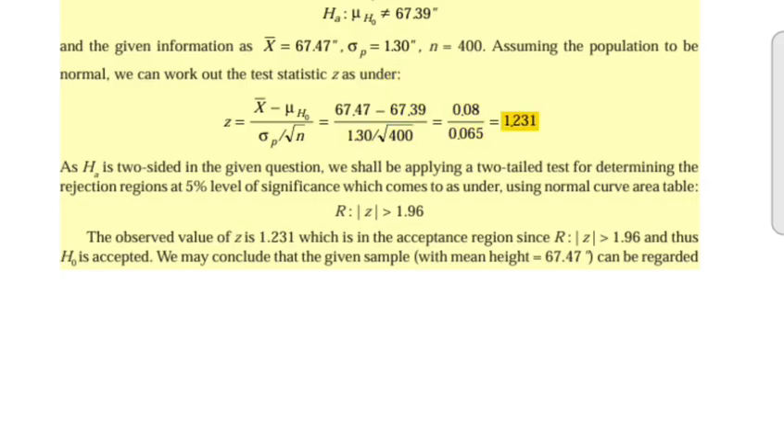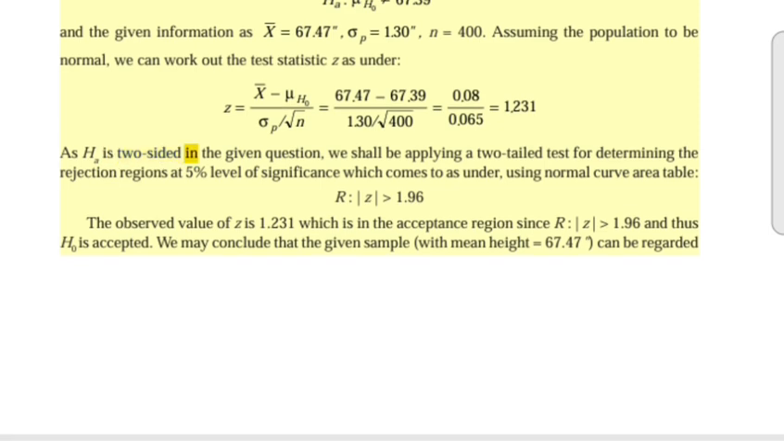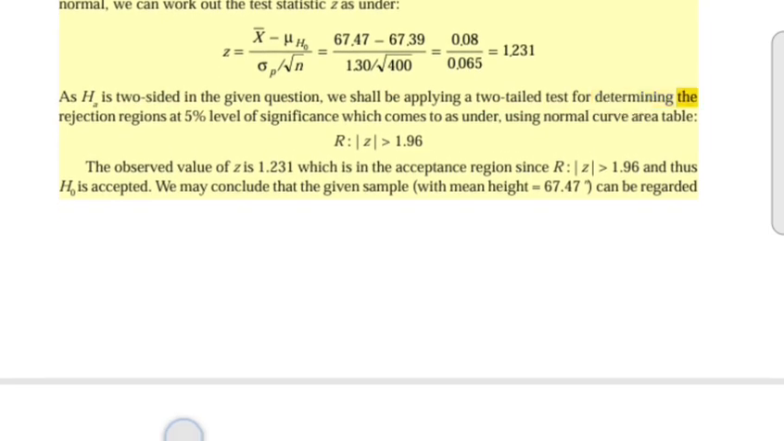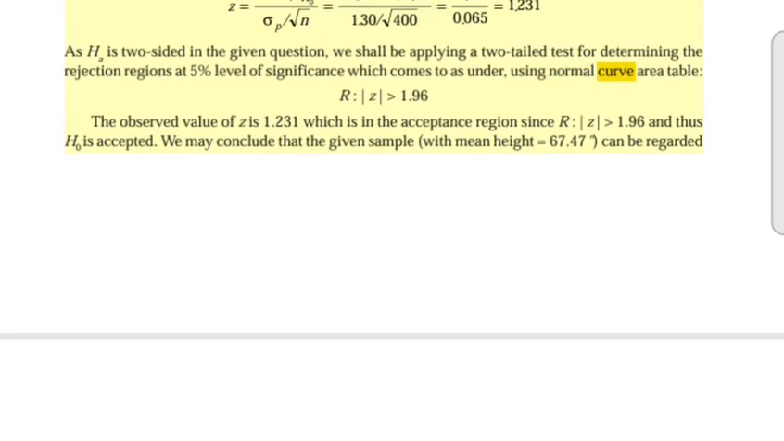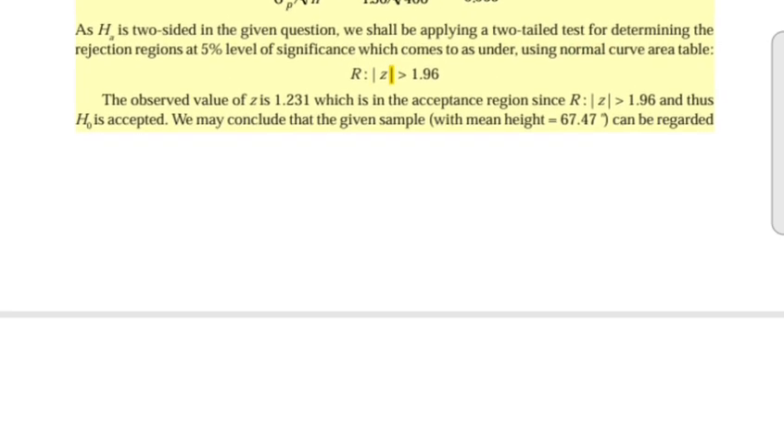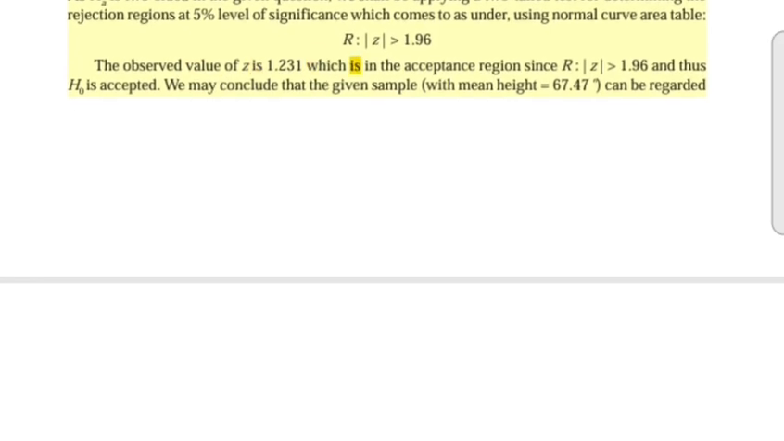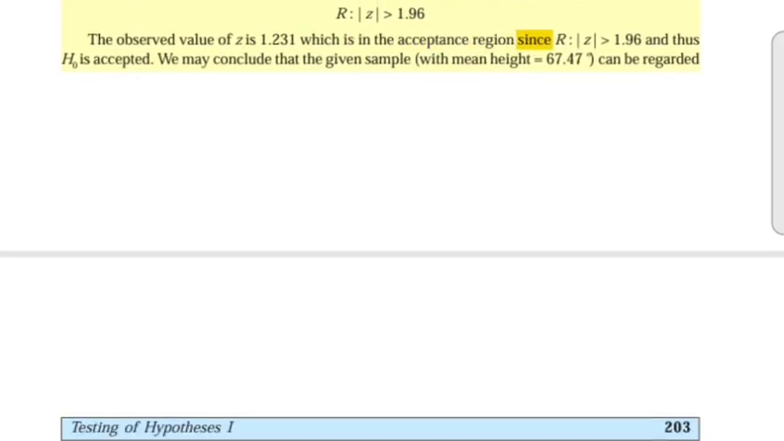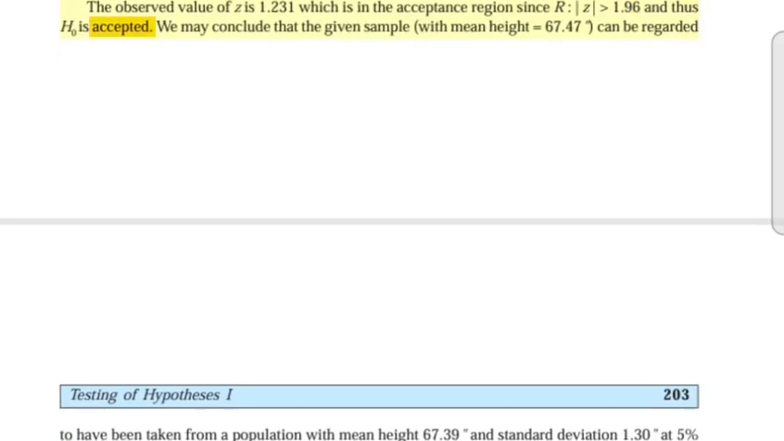As Ha is two-sided in the given question, we shall be applying a two-tailed test for determining the rejection regions at 5% level of significance, which comes to as under, using normal curve area table. R: |Z| greater than 1.96. The observed value of Z is 1.231, which is in the acceptance region since R: |Z| greater than 1.96, and thus H0 is accepted. We may conclude that the given sample with mean height equal to 67.47 can be regarded